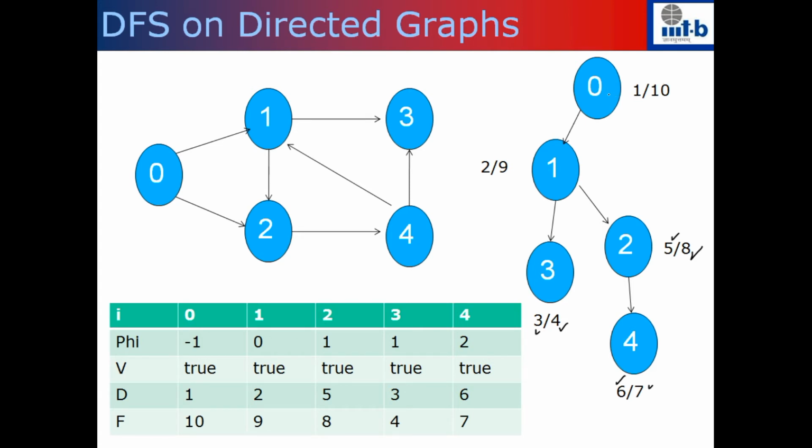So you started with U, you pushed U, then you pushed several things. You pushed 3, you popped 3. That is the time when you finish your discovery time. Then you visited everything which is reachable from 0 and then you finished 0. So 3, 4 is completely outside the interval 5, 8. You discovered 3, there was nothing to visit from 3, so the interval is 3, 4.